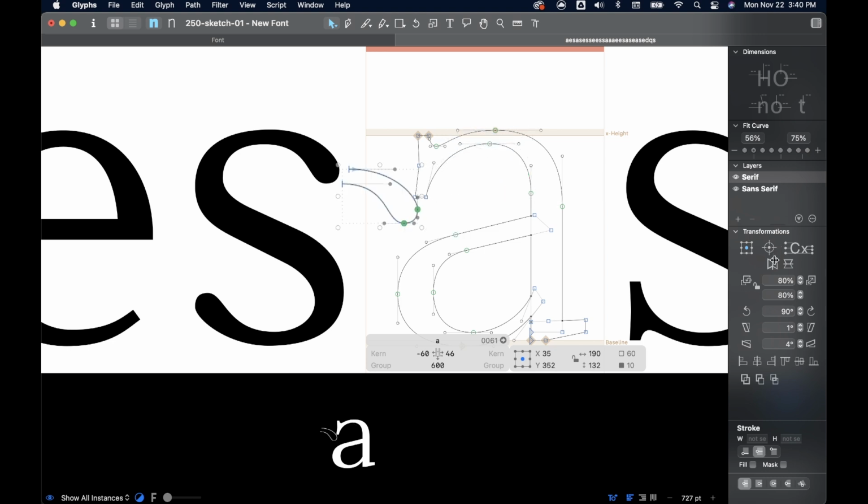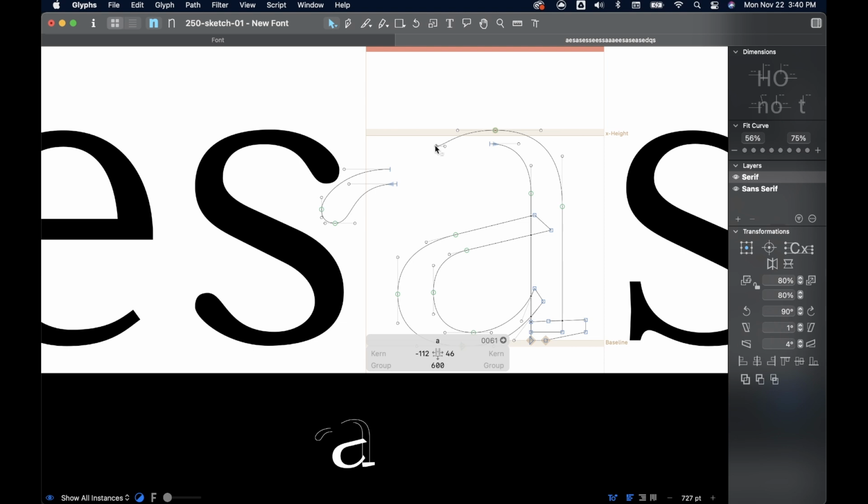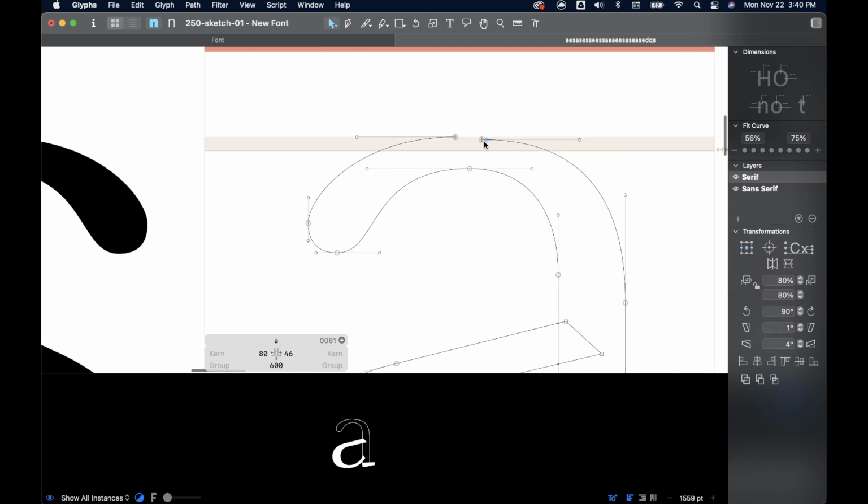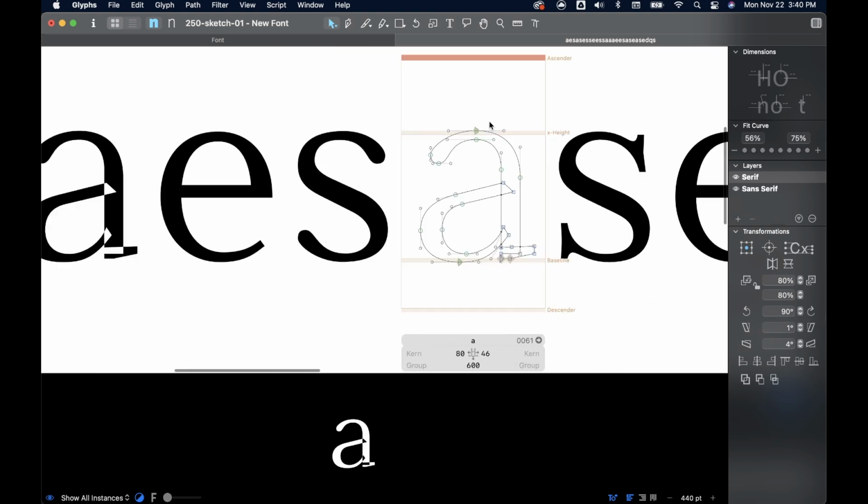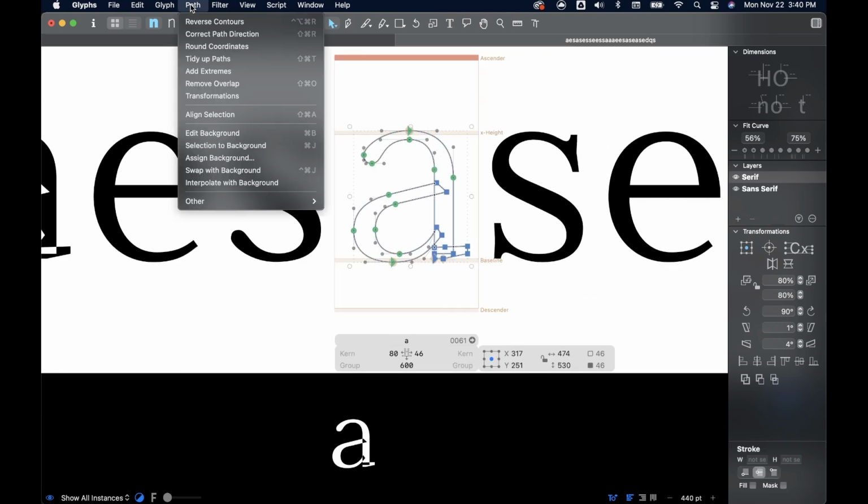Then I'll flip it. And I'll move them out of the way so I can go grab them in a second. With these points selected, I'm going to Command X just to get rid of them and delete that one because I know I don't want them. Then I'll bring him up here, and we'll attach it, something like that. And we'll bring this point up, and we'll meet them somewhere in the middle there, so they attach and become one letter form. Then that threw off our path direction again, so we'll go in and correct that path direction,